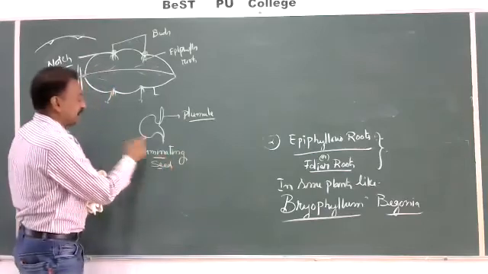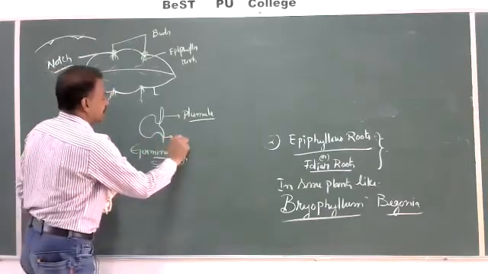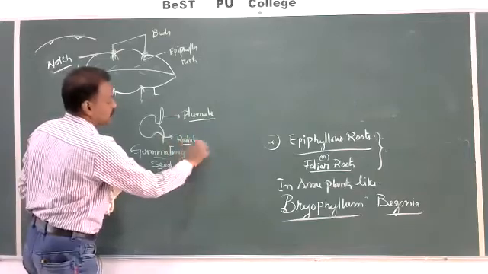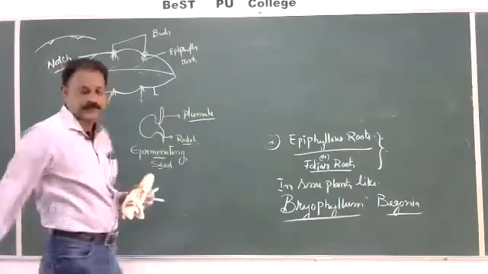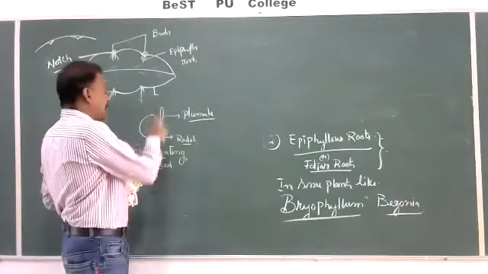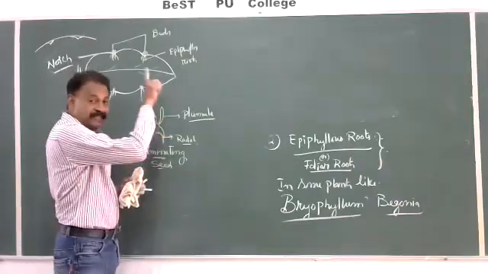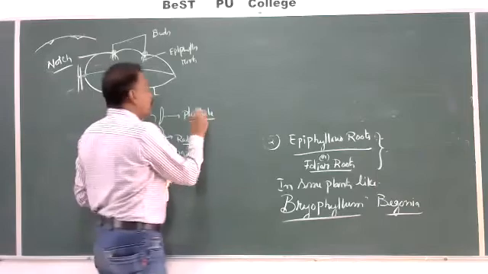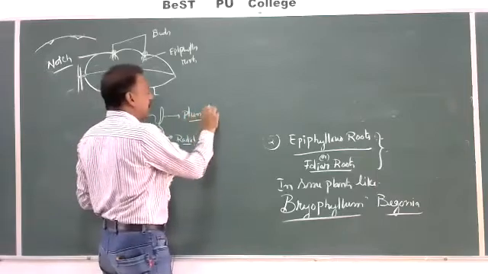From a germinating seed, the downward part is called the radicle. The radicle develops into the root, and we have seen various forms of roots. And the upper part, which is growing above the soil, is called the plumule.